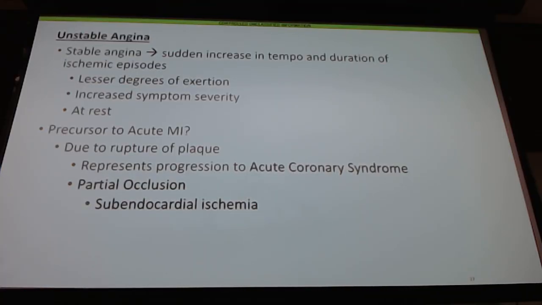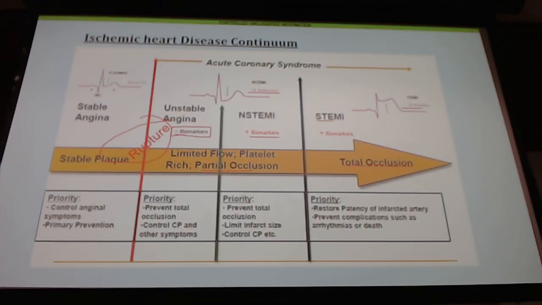Now, one other thing to talk about is, just because this patient has stable angina does not mean that if it gets worse, they're going to go to unstable, then to NSTEMI, then to STEMI. They can jump straight to STEMI from that, okay? So don't think that they have to follow this spectrum. They can go wherever the heck they want on this spectrum. So if they get that plaque rupture and total occlusion, they can jump straight to the STEMI, okay? So don't be falsely reassured thinking, oh, you can't have a STEMI yet because you haven't done the unstable angina yet. No, you can jump straight